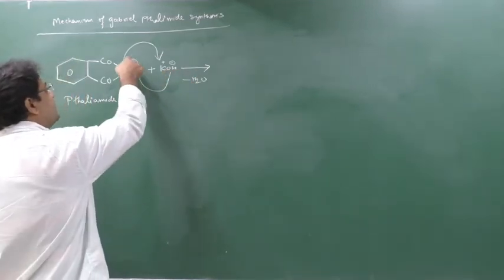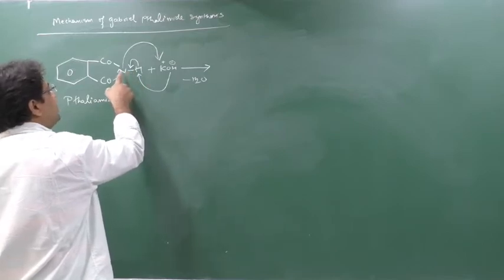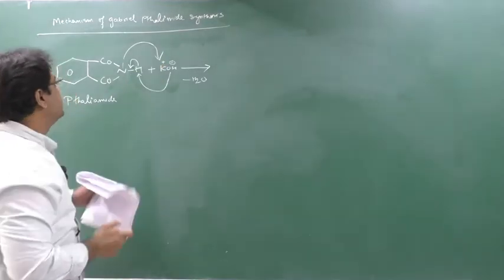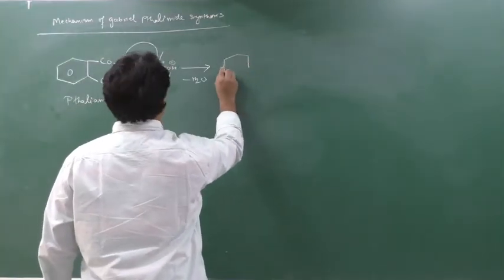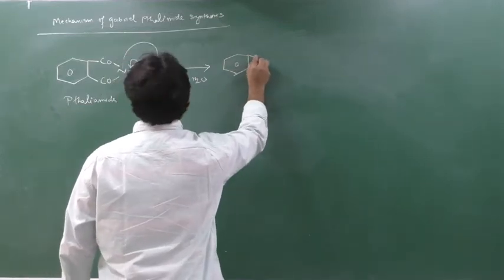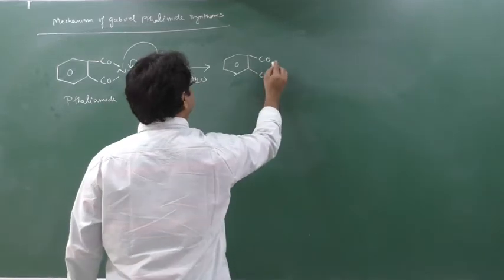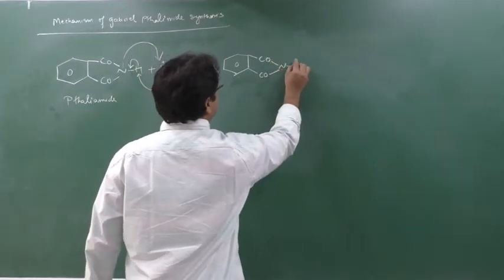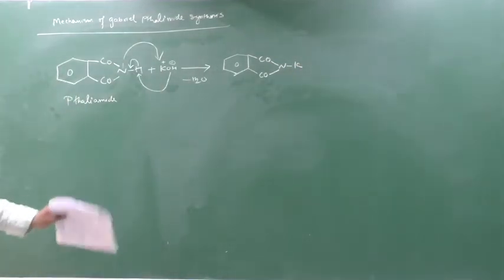So here H is releasing from this place. So here negative charge will come on this nitrogen. So this negative charge on nitrogen is satisfied by the potassium. Yes or no? So here it will form like this. Please watch it carefully. It's very simple but a bit complicated. Okay. So here N was there. Now N has joined with what beta? K. So this you will obtain in the first step.